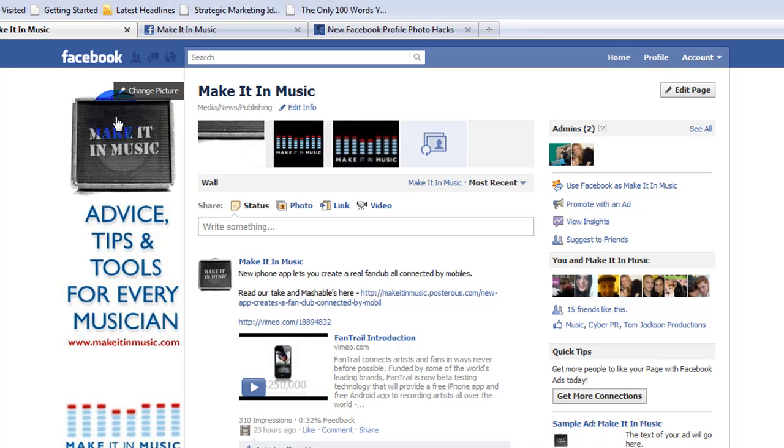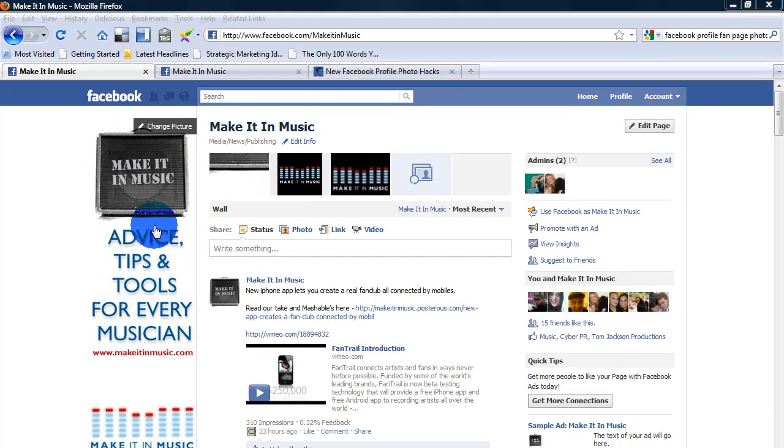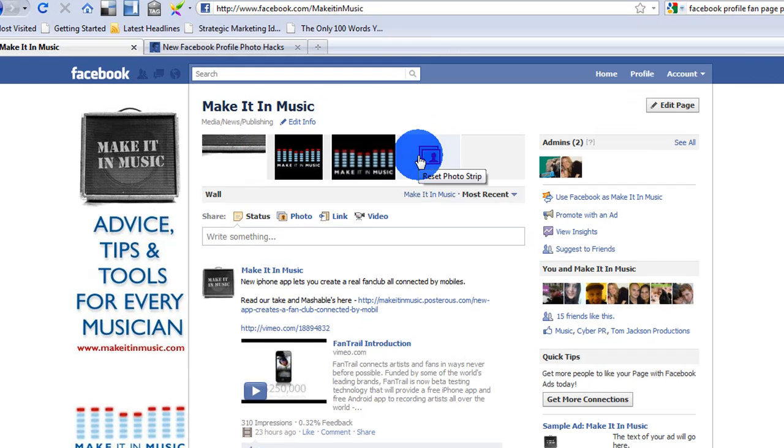Now you can see that we've changed the main profile picture, and immediately Facebook has taken that picture and has put it into the 5 photo strip, and that is the functionality that we're going to use to create adverts across here. As you may have seen on people's personal profiles, some people have been hacking this photo strip